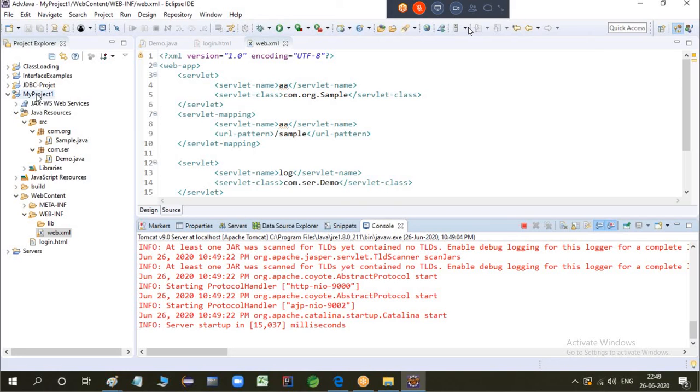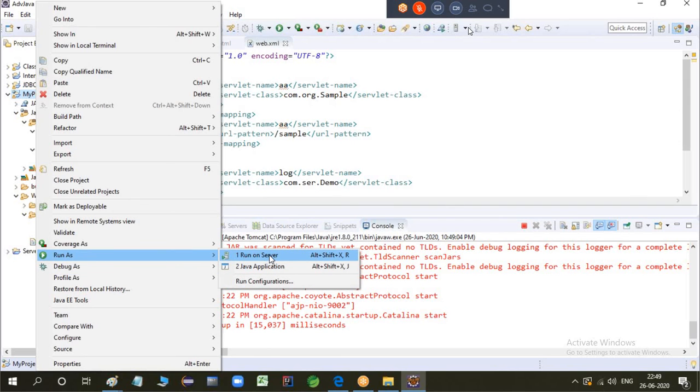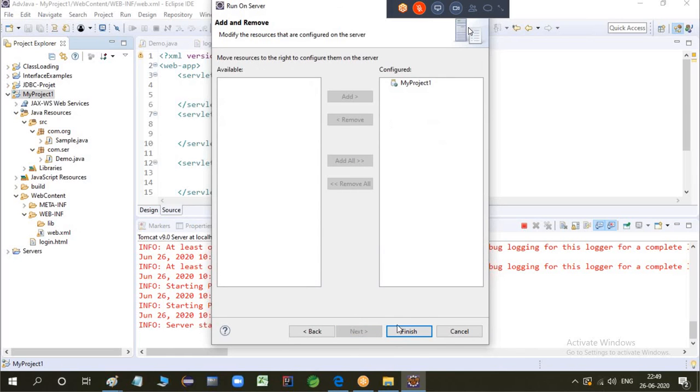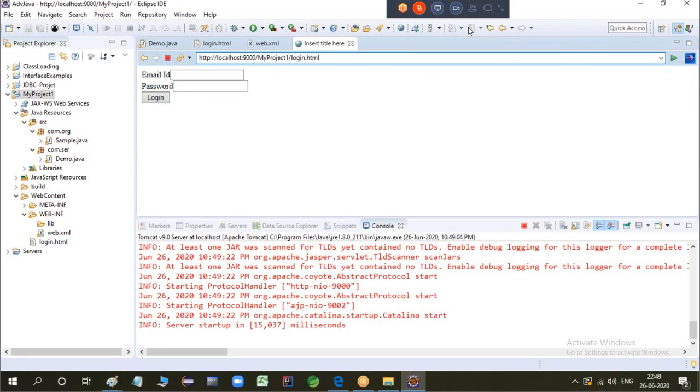Okay, now you can run this project on server. Finish, and what's my login? That's login.html.